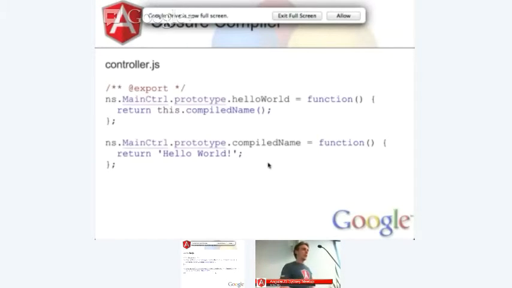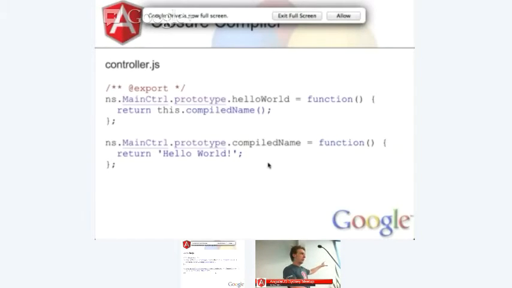So we might have a bit of JavaScript. Now this is a fairly abstruse bit of JavaScript, but you've got a controller, ns.mainControl, which is just, as I said earlier, the unit of the functions that are exposed on your scope. So these are basically functions you can call for better or worse from the DOM. And you want to say, okay, I want to call this from the DOM, but I also want to compile my JavaScript so that instead of having this massively huge bit of JavaScript that takes up 6 lines, it'll even be pretty big once you've gzipped it.